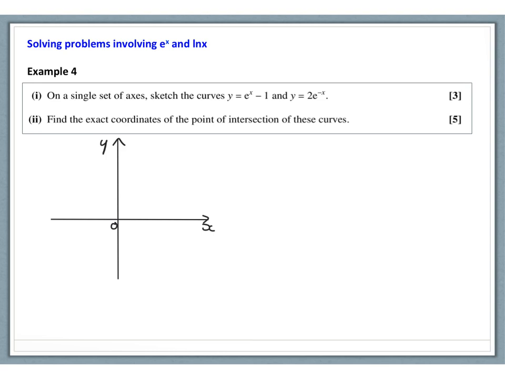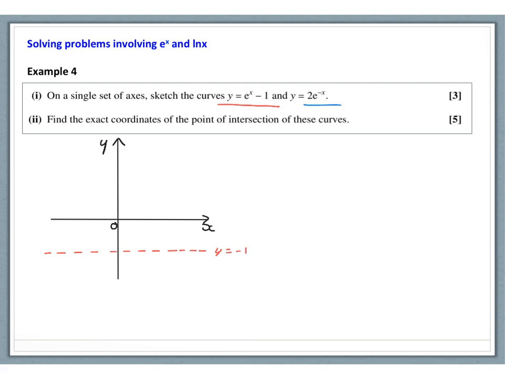Question 1 of example 4. On a single set of axes, sketch the curves of y equals e to the x minus 1 and y equals 2e to the negative x. Now you can use your graphical calculator to help with this as well, but they are very easy transformations to sketch. e to the x minus 1, first of all in red, this is a translation with a vector 0, minus 1. So we'll draw in the new asymptote, which is y equals negative 1,